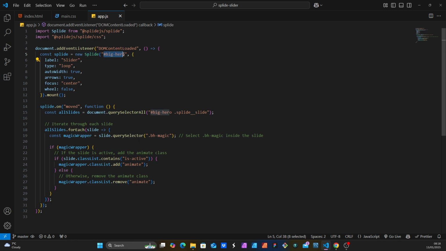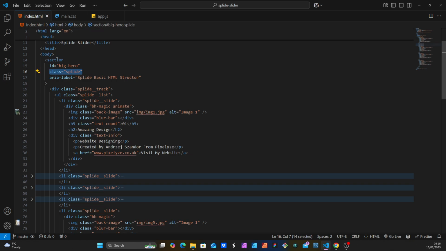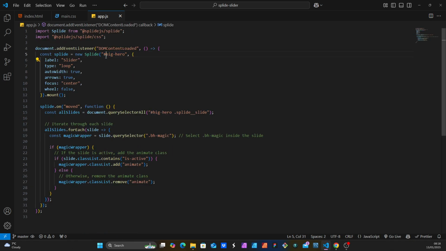Now this typically will have a .splide, but it's about targeting the parent of the slider, right? So the section would be the main parent. If we have here, let's say my slider, then you would put here my slider, right? And the ID is probably the best way to target this because it's unique. Classes could be multiple with the same name, with an ID you can only have one. Now the label is what you want to name it. The type is whether you want to have a loop or slide or fade. With fade it doesn't work, with slide it's okay, but you cannot go back to the first or to the last